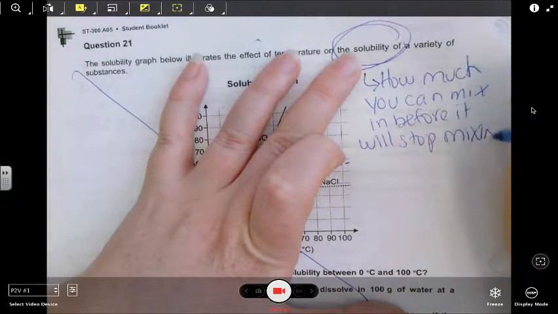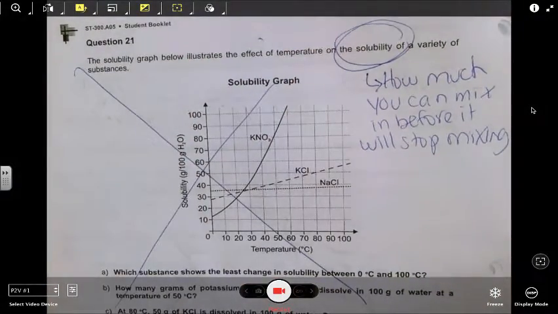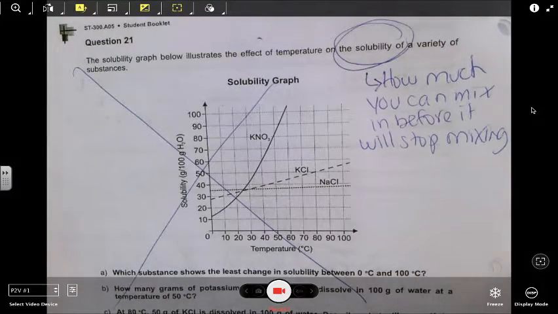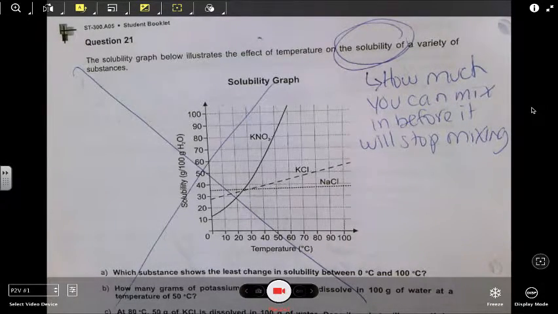So our examples that we used of this in class were with Kool-Aid or with hot chocolate. When you're making yourself a Kool-Aid or a hot chocolate, when you're putting the powder in there and putting the liquid and mixing it, eventually, even though you might want your hot chocolate to be really chocolatey, if you just dump half the can of powder in there, it's not actually going to mix into the water. It's going to clump up at the bottom. So the solubility is the maximum amount that will actually mix into the water before it starts to just clump and fall to the bottom. So you need to know what it means.